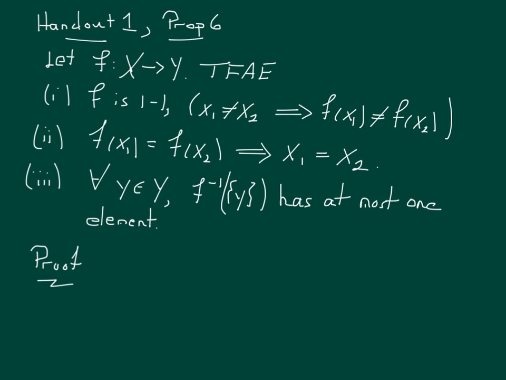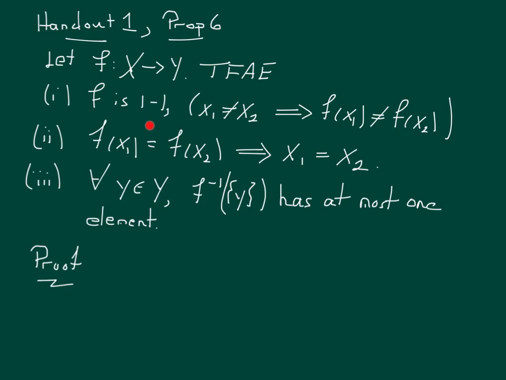Okay, in this video I'm going to finish the proof of proposition 6 from the review portion of our handout 1. So what are we trying to show? Well, we're trying to show that these conditions on a function f mapping X into Y are all equivalent, namely